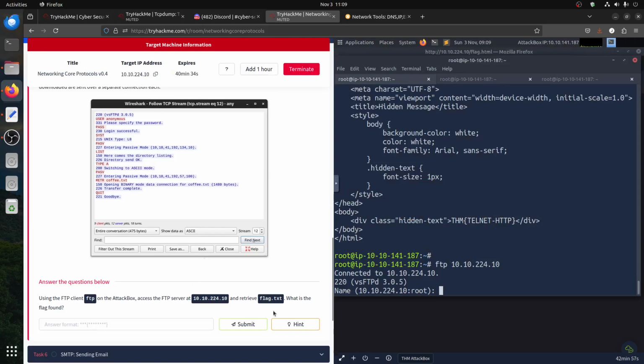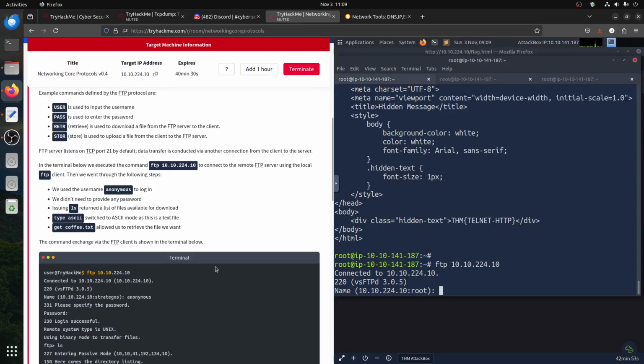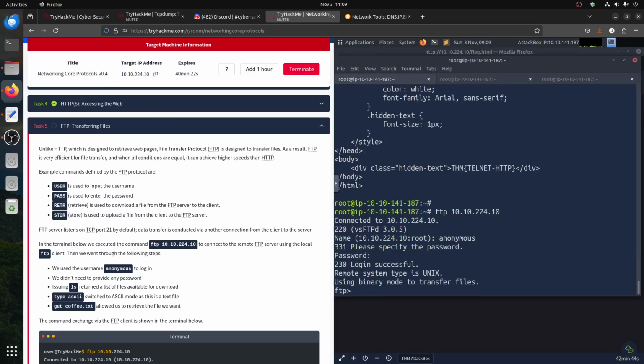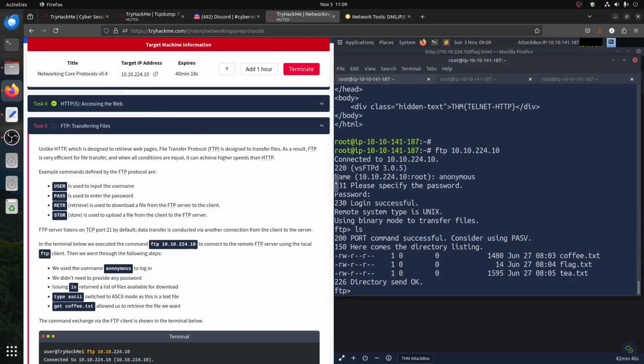FTP. Did they set the password using an FTP client? Did they ask us for anonymous? Most of the time you test anonymous with no password, because they said we can't. Of course anonymous is your first option, because usually you do this. There are a couple of CTF rooms where you just come here and, for example, when you see a file you can just say get, let me get